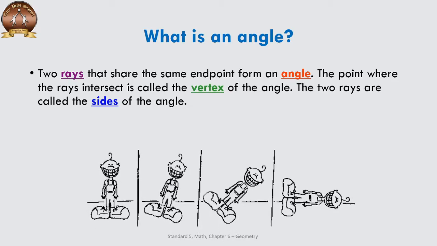But where do we see these angles? This question is always there in the mind. We can see angles when you are opening a gate or closing a gate. Then when you are standing perpendicular to the ground, that is, standing straight on the ground, you form a particular angle with the ground. You are tilted a little bit, you form a particular angle with the ground. When you are tilted a little more, you form another angle. When you sleep on the ground, you form another angle with the ground. So this is the place where you see angles every day.